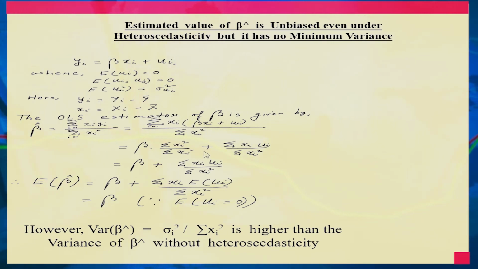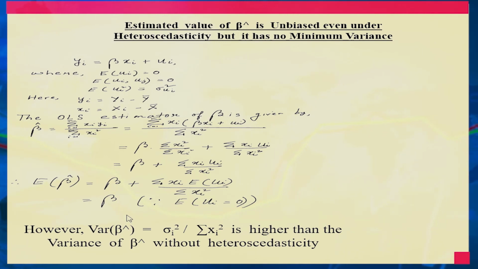But as we know by the OLS assumption, the independent variables are non-stochastic, that means they have no relation with the error term, or the correlation is 0. So we can say that beta plus expectation of ui is 0, which is the zero mean assumption, so it boils down to only beta. So we observe that expectation of beta hat is equal to beta, which makes it clear that beta hat is an unbiased estimator of beta. That means beta hat from the sample is the true representation of the population parameter beta. So beta hat still remains unbiased even in the presence of